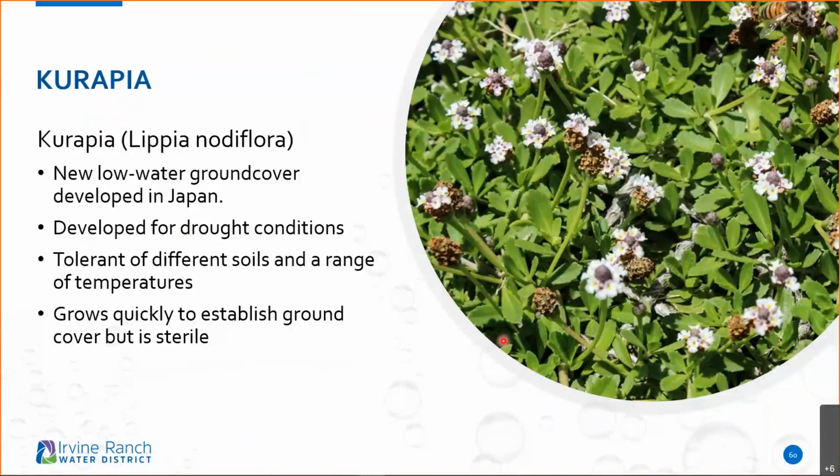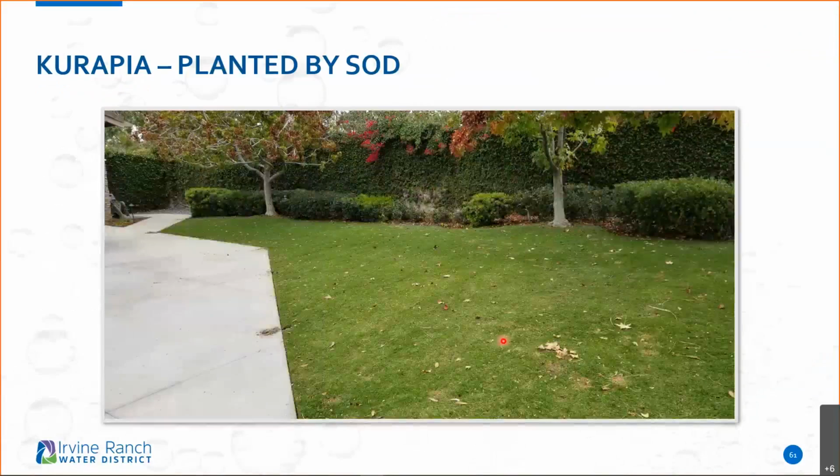Now, right now, one of the biggest plants that we see out there being marketed quite a bit is called Kurapia. It's a hybridized plant that uses a third of the water that a grass uses. Really great plant, very low water use, just amazing. It is being used everywhere, whether for ground covers, living walls, green roofs, you name it. It is kind of one of those miracle plants that's come onto the market, and yes, it is pet friendly. It is people friendly.